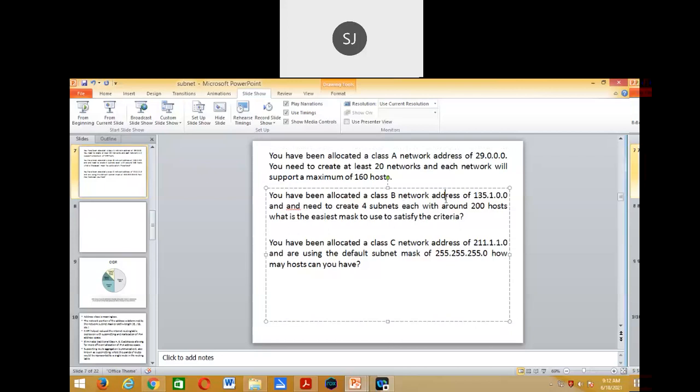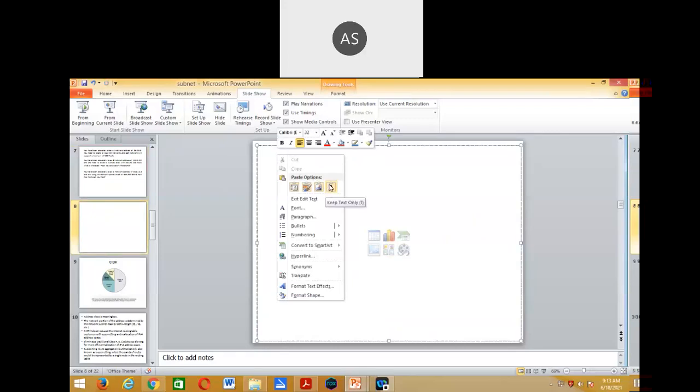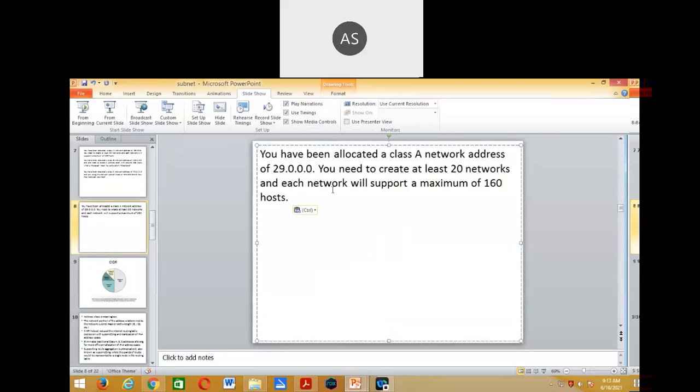See, in an IP address, how many bits are there? Others also, please respond. It is not just Amarnath. How many bits are there in an IP address? 32. So in these 32 bits,